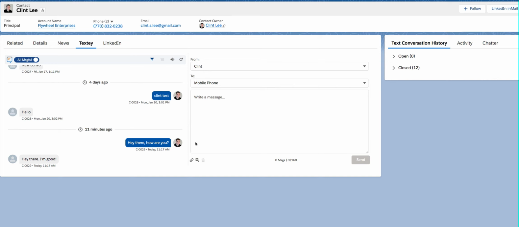So let's think of it this way. I've got this contact. I don't have any open conversations, and I can see that. I'll go through this little component later. It's a new component that we have, but I can see I have 0 open conversations and 12 closed conversations with this contact. So there are currently no existing open conversations right now with this person. So if I send a text and